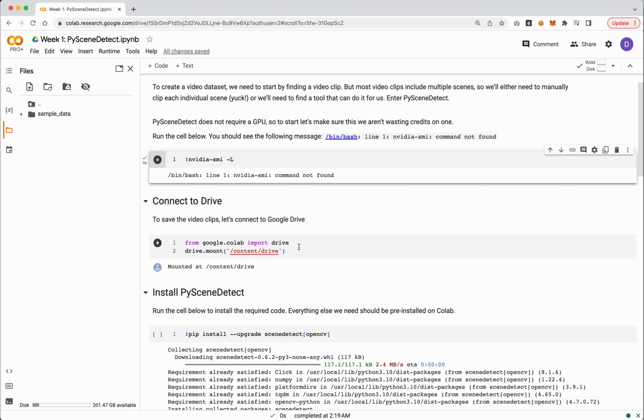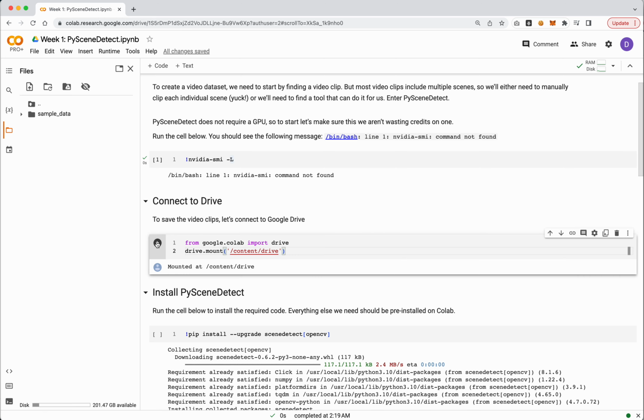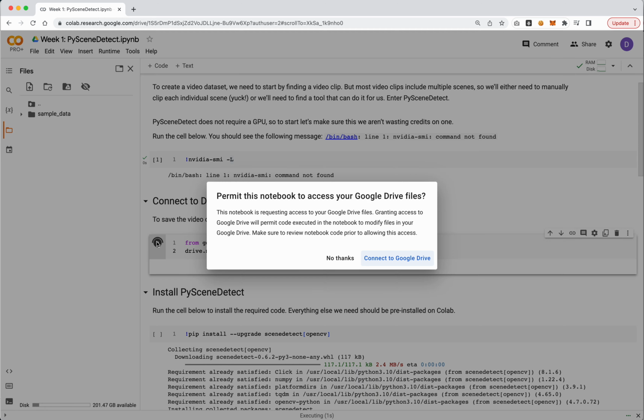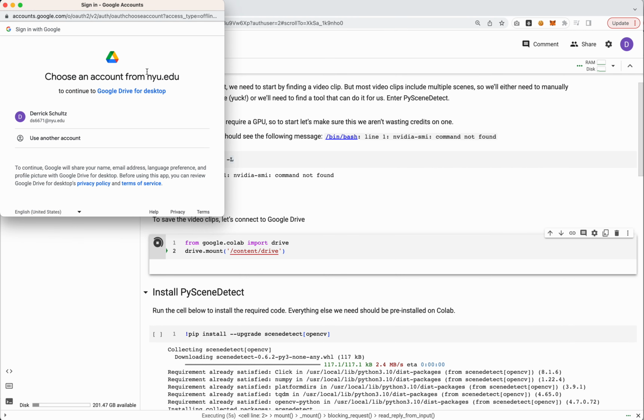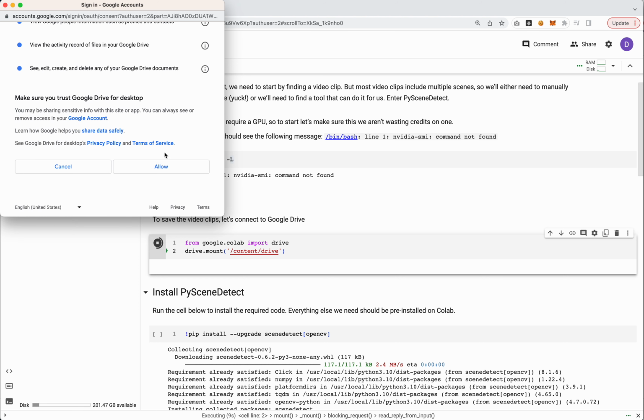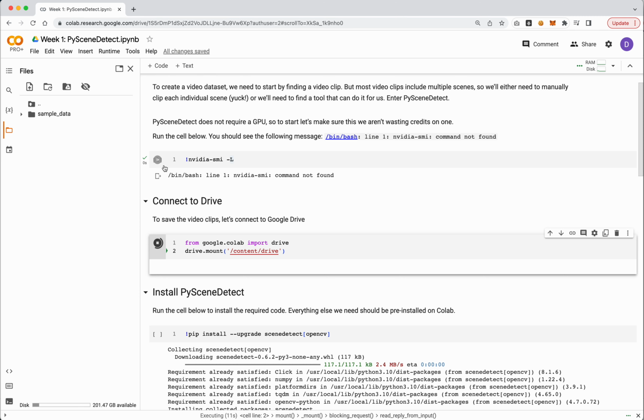Next, we want to connect to our Google Drive account. In this case, you probably want to make sure that you're paying on the account you also have the largest Google Drive amount in. I happen to be in my NYU account, which means I have unlimited space, which is why I'm using it for this class. We'll run this cell. So go ahead and hit play here. It'll ask if you're sure you want to do this, and you'll say yes. You'll need to click on your account again, and you'll need to approve the usage of this.